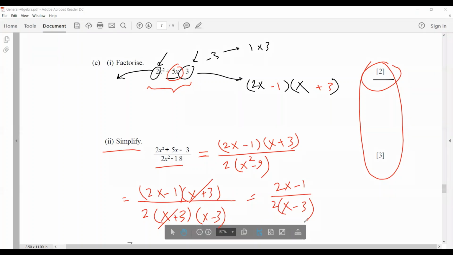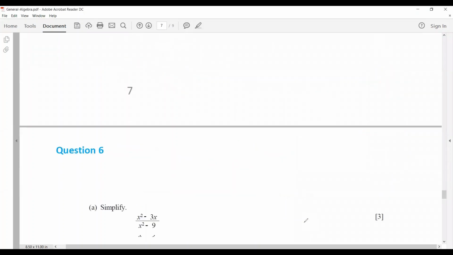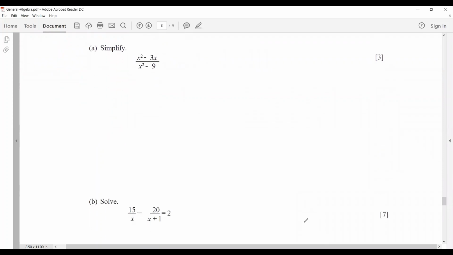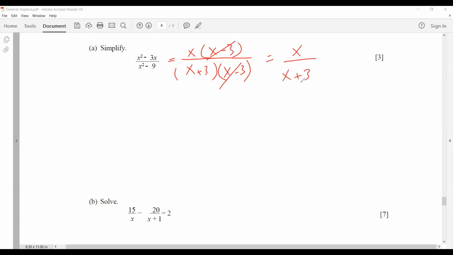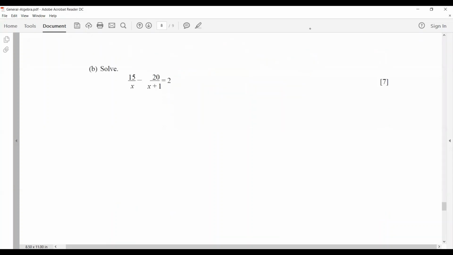Moving on to the, I think this is the last question. So simplify this. Again, the numerator, you can see it's already a difference of squares, so I don't need to prove that. I'm just gonna factorize it. The top one, take the x out, you're left with x minus 3. Again, x minus 3 is gone, and you're left with x over x plus 3. The last one, which carries 7 marks. So basically this question,